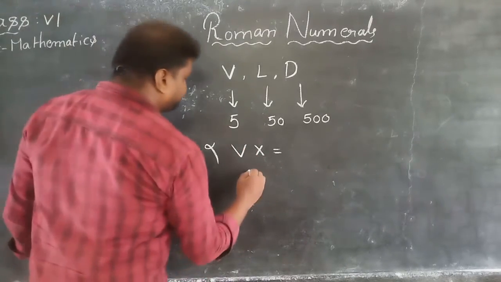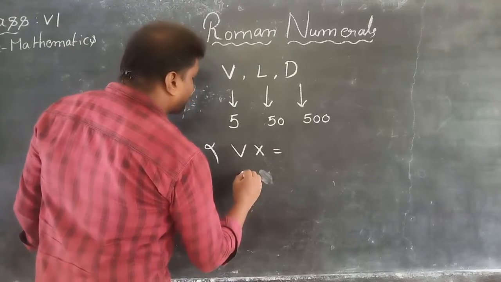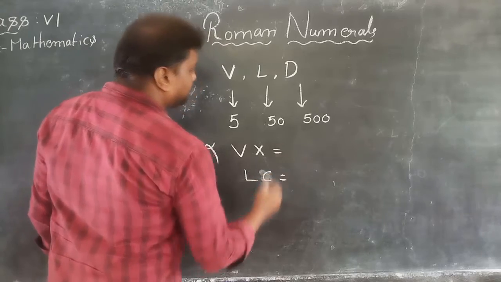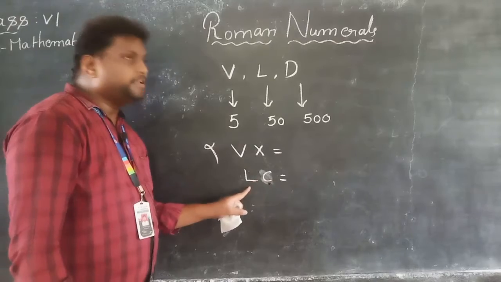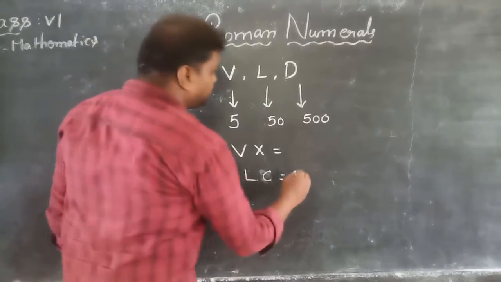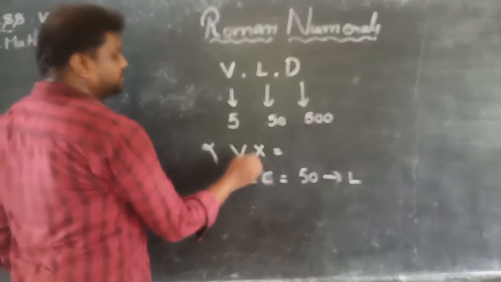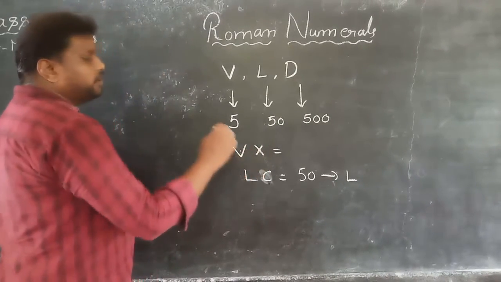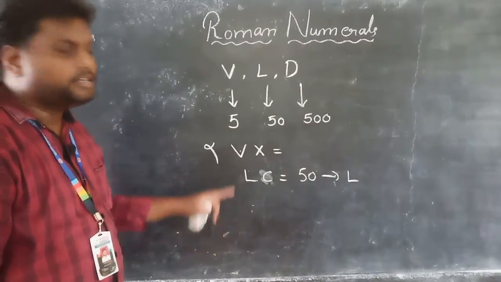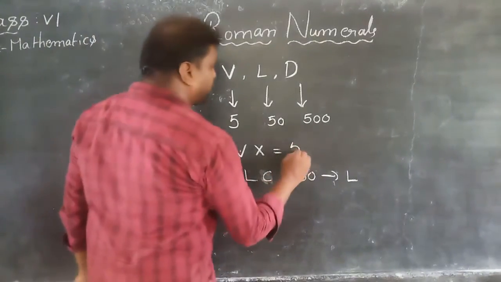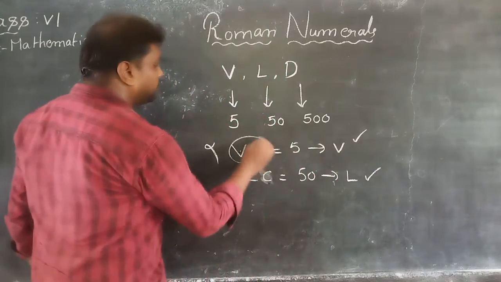Next, like this also. See, actually C means 100, L means 50. 100 minus 50, what is the answer? 50. Then we can use directly L. No. Here, what is the answer? This is 10, this is 5. Means left side is there, means according to rule we have to use subtraction. 10 minus 5 means what is the answer? 5. Then directly we can use V. This is correct. This is wrong.